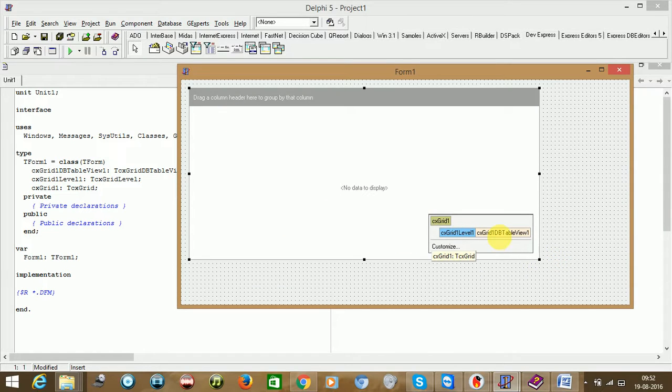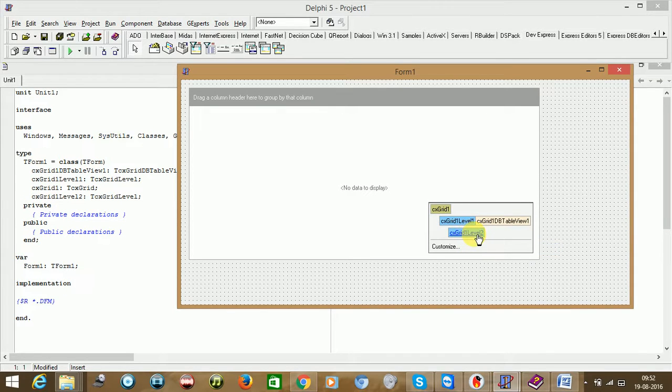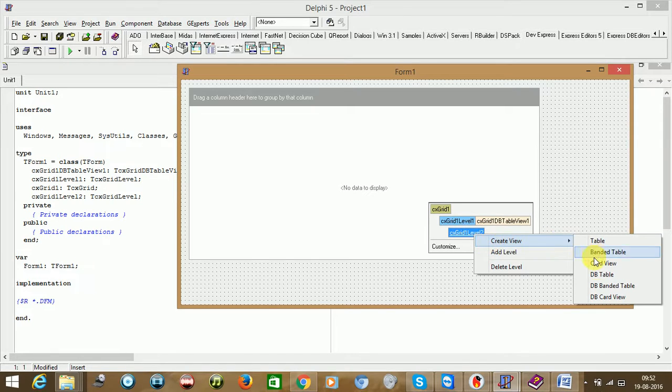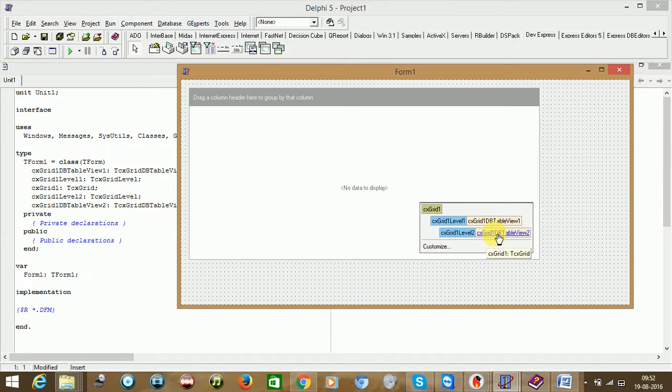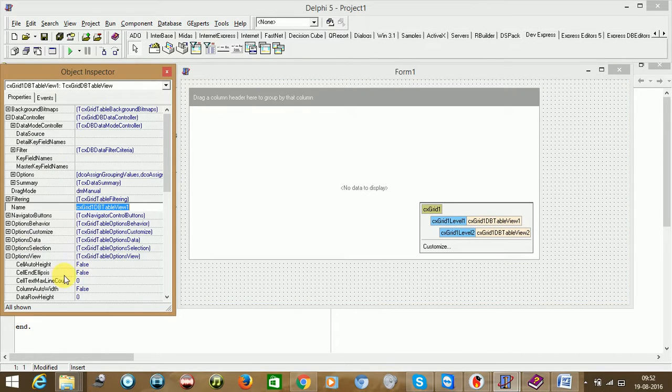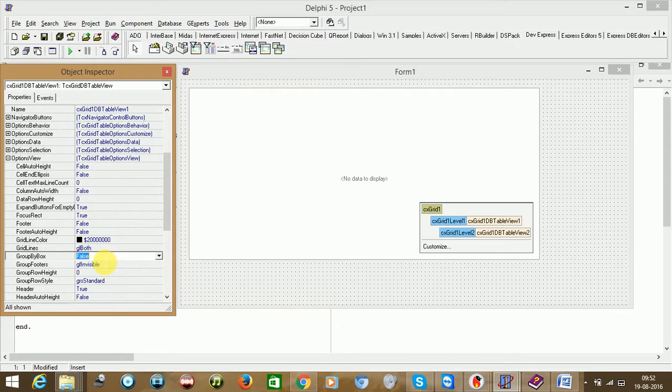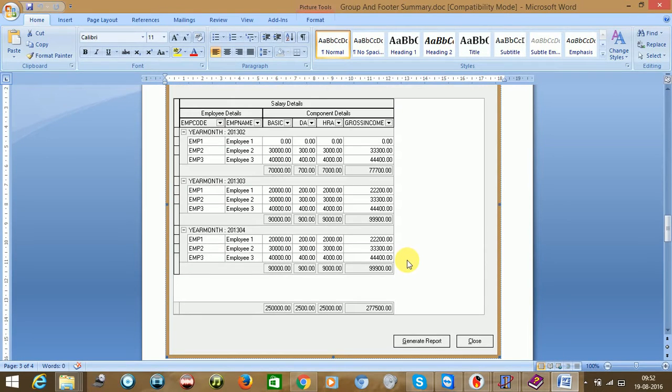like this. This is DB table view, so let it be as it is, doesn't matter. And have another one. So for example, just click on level, right click, add level. Here you came. Now again right click here, just say DB table. Both are fine. Now if you just select this one and go to options view, say group by box is equal to false. Now our aim is to display this final result here